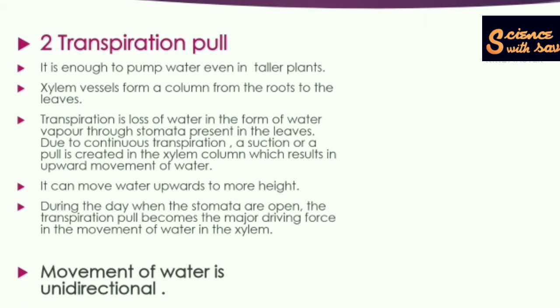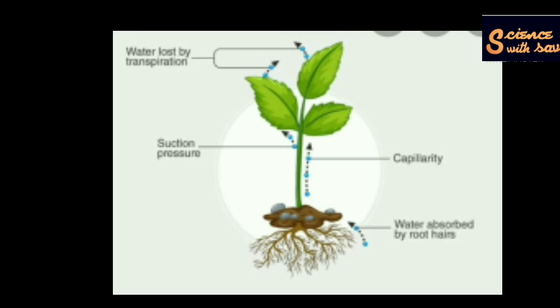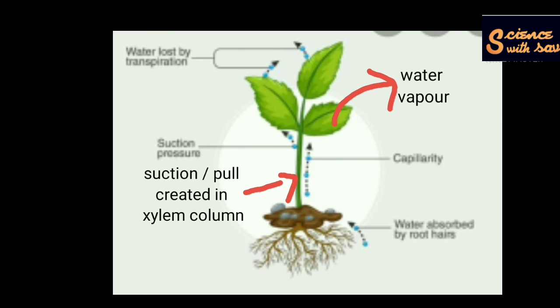We know that the xylem vessels form a column and it extends from the root up to the leaf. So there is a channel or a column which is formed by the xylem vessels. And what happens when there is continuous transpiration going on? Transpiration is a loss of water in the form of water vapor through the stomata which are present in the leaves. So because of continuous transpiration, a suction or a pull is created in the xylem column. This transpiration pull can move the water upward to more height, and especially during the daytime when the stomata are open and continuous transpiration is going on, this transpirational pull becomes the major driving force in the movement of water